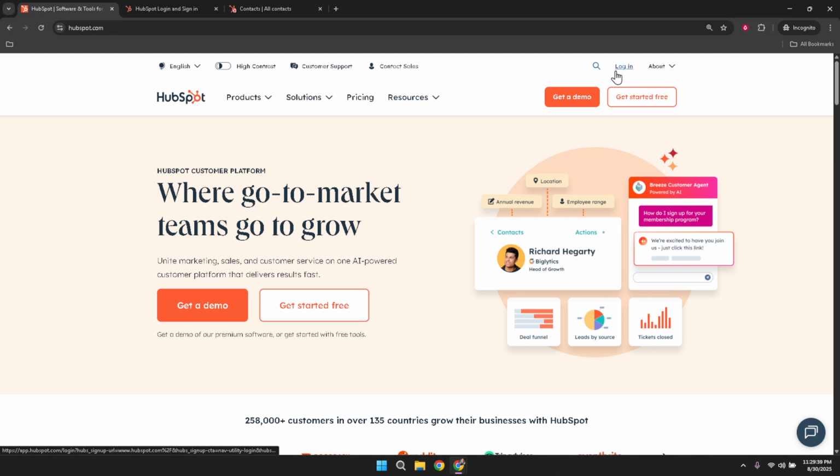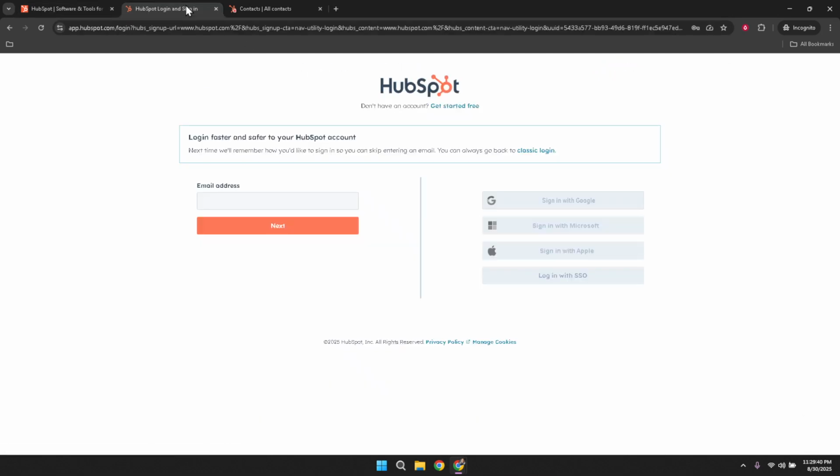Now, HubSpot offers several sign-in options, but for our purposes today, we'll be choosing Sign In with Google. Clicking this option will prompt you to select the Google account you wish to connect. Ensure you're selecting the Gmail account you'd like associated with your HubSpot, as this will play a crucial role in